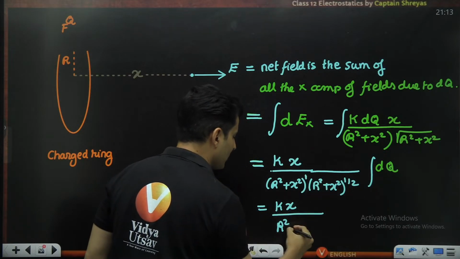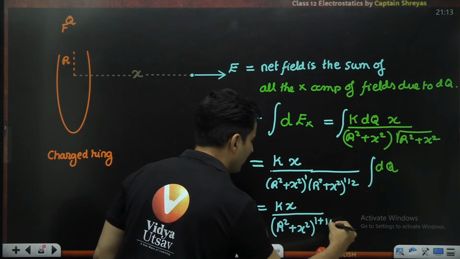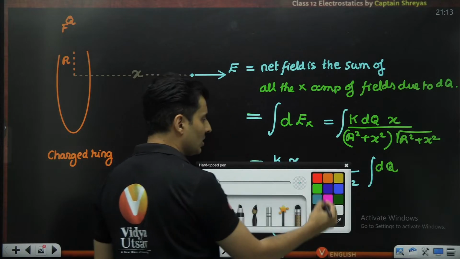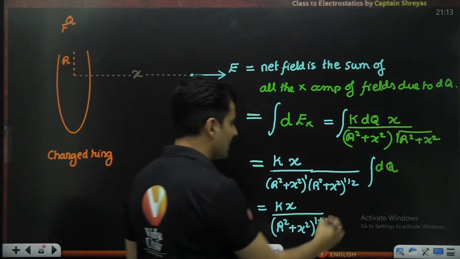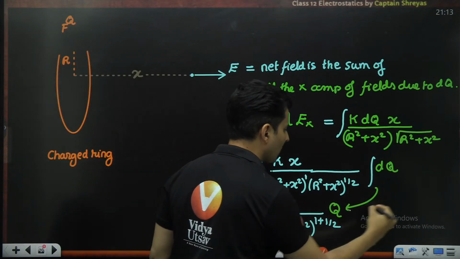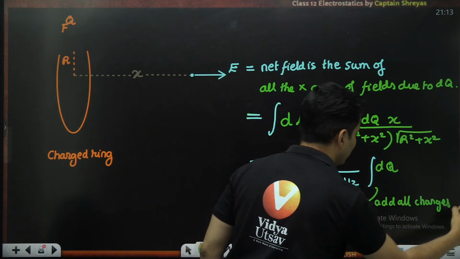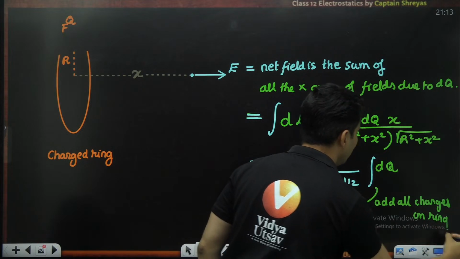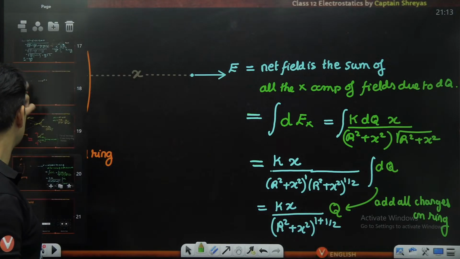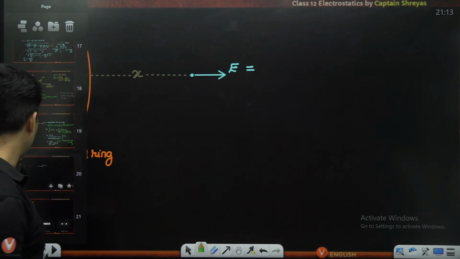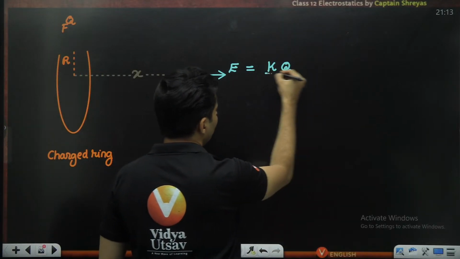Raised to 1, and this is raised to half. So what will it become? R square plus x square whole raised to 1 plus half. And what is integration of dq? It means adding all the charges. It is basically q. Add all the charges on the ring, and you will get the total charge. What is 1 plus half? 3 by 2, right? Hence, the answer to this particular question comes out as k q divided by,